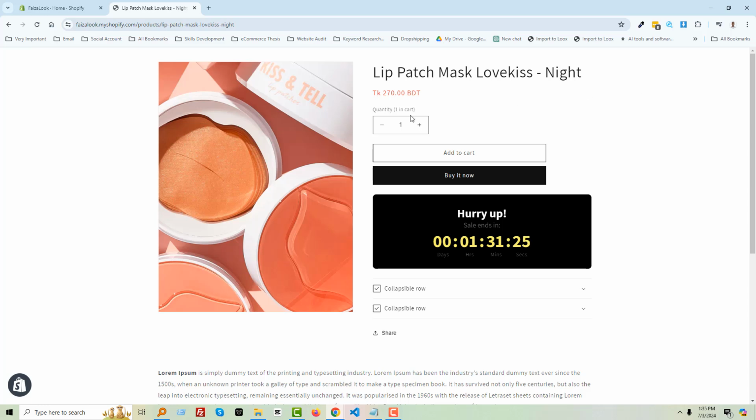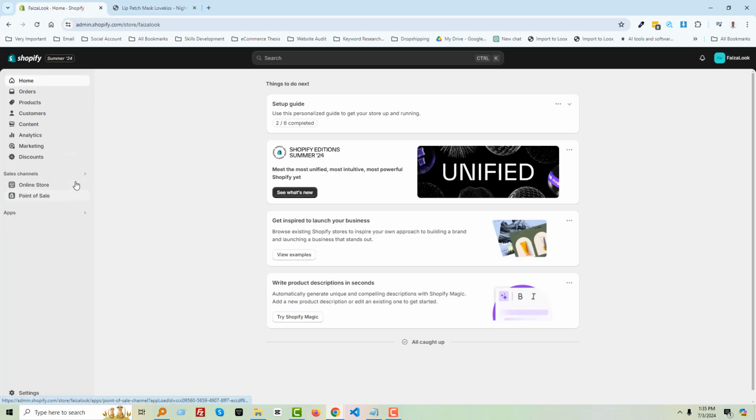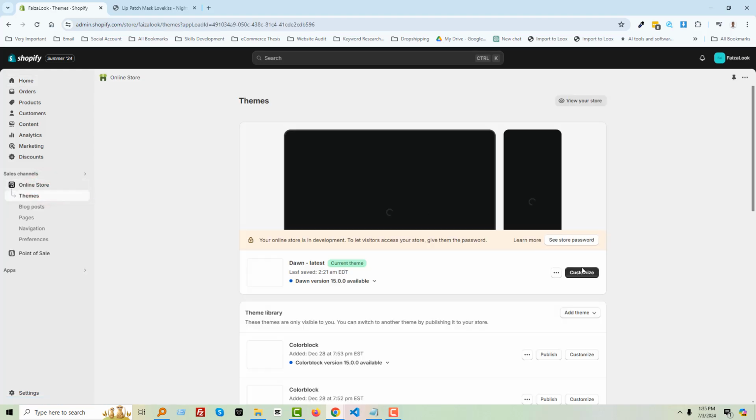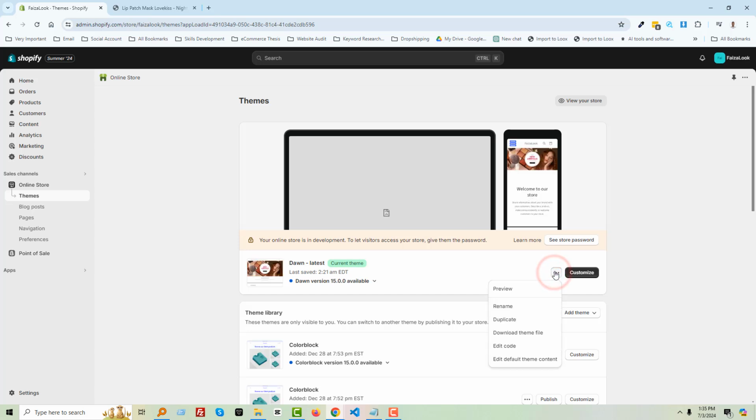Okay, to do this, first of all we have to log in our Shopify store admin panel. So I'm going to my Shopify store admin panel. Here is the Shopify store admin panel. Then click online store, click on this three dot icon, edit code,